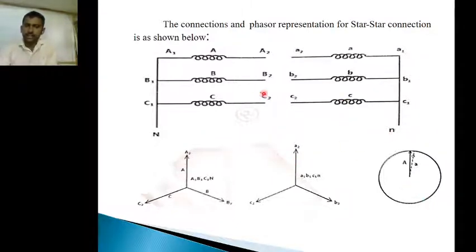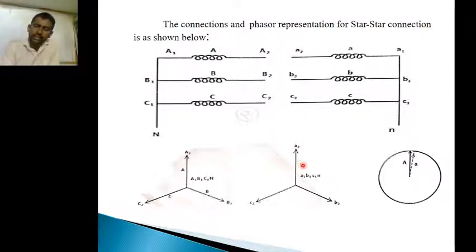the slide. So here these two are in the same phase. How do we say they are in the same phase? Here a1 b1 c1 are connected to the neutral, and here also a1 b1 c1 are connected to the neutral. Here also a1 b1 c1 are connected to the neutral. So by writing the phasor diagram, we observe that a1 b1 c1 n all have a common point here. On the other side we have a2, b2, c2. Similarly these two are in the same phase, so that's why the phasor diagram representation is this one.